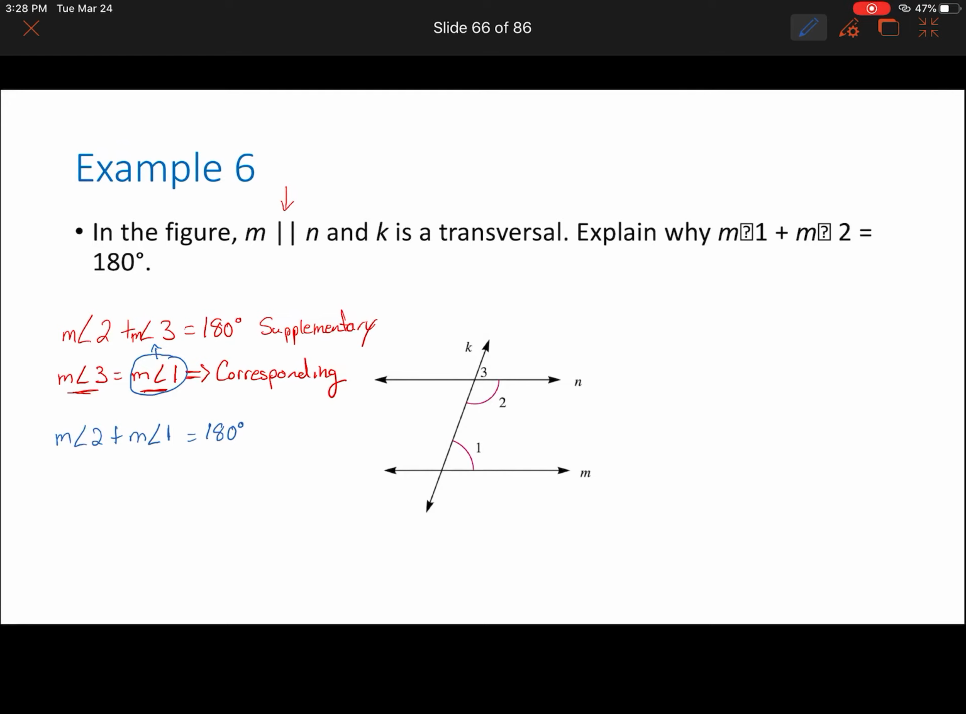Now, that's going to be beneficial to us as we continue to talk about lines cut by transversals, to understand that those interior angles that are on the same side, so not alternate interior, but